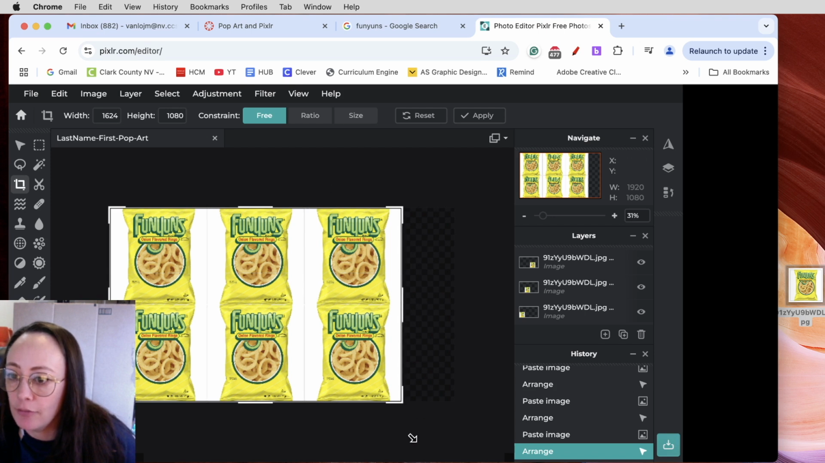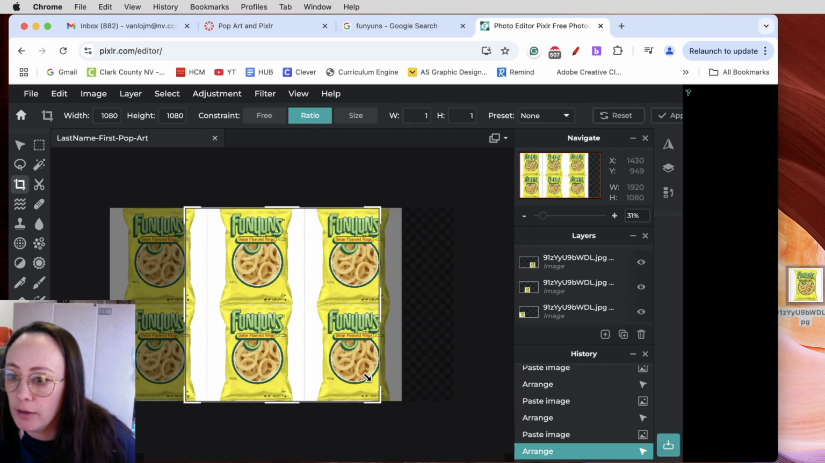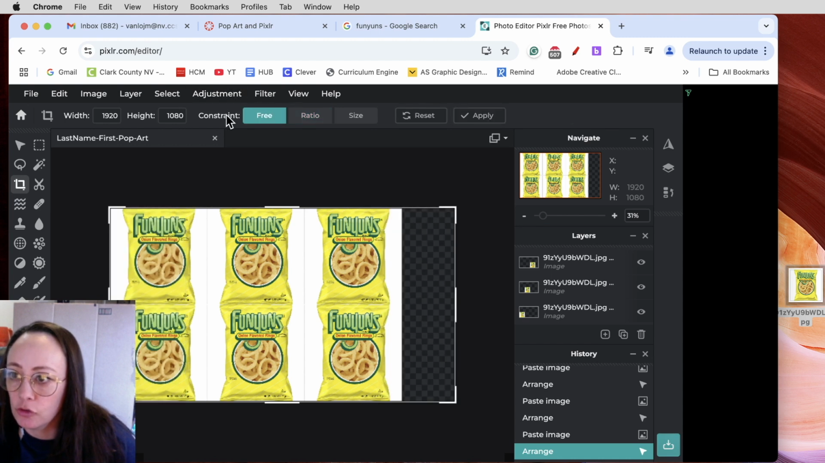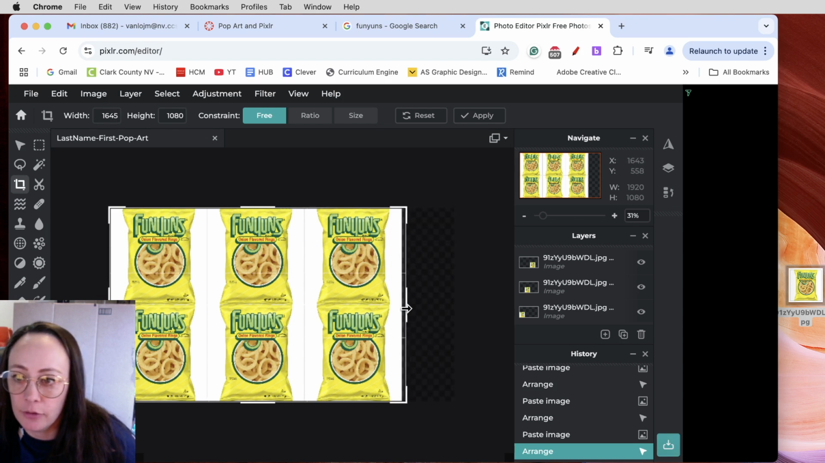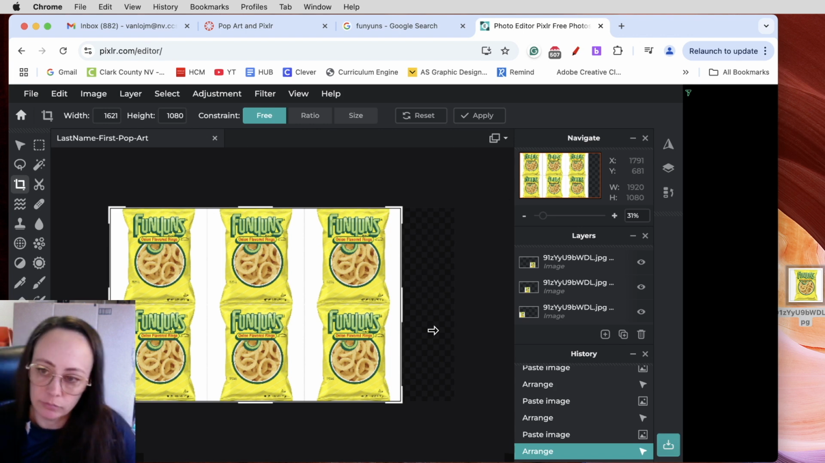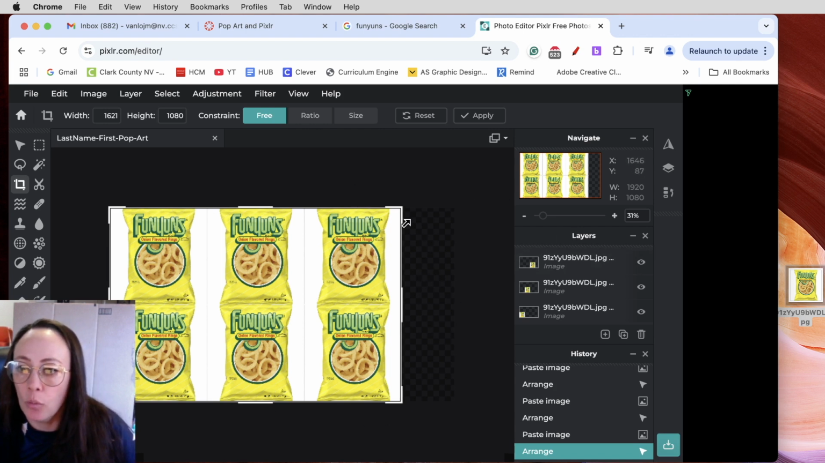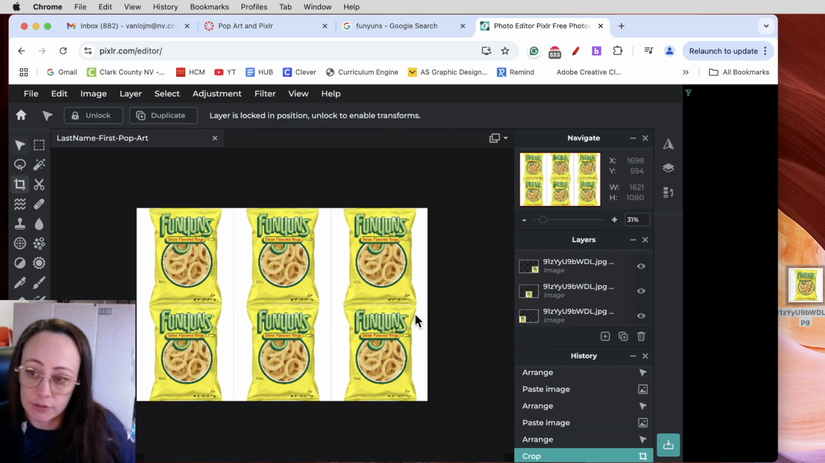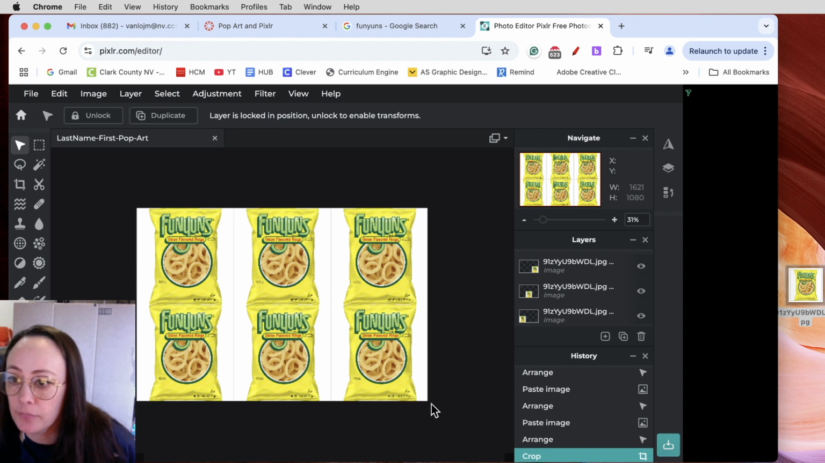And if you're having trouble because it's not letting you crop it, make sure that where it says constraint, it's free. That's going to allow you to just chop off the side that you need to, or some of the top and or some of the bottom and some of the side. Once you have that resized or cropped, go ahead and just hit your enter key. Okay,